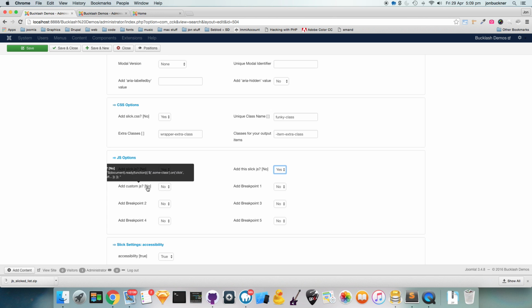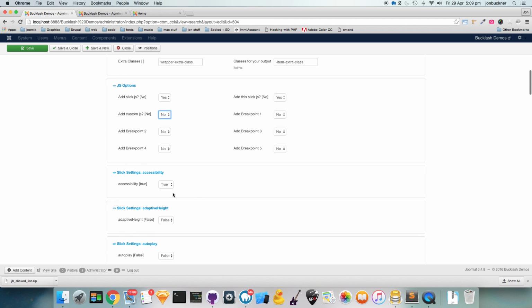So you do jQuery, document ready, or whatever you want to do. You can turn that on and off. And there's responsive behavior with Slick, so at certain breakpoints you can get it to do certain things, change its behavior, and you can turn those breakpoints on or off here. So I'm going to scroll down,